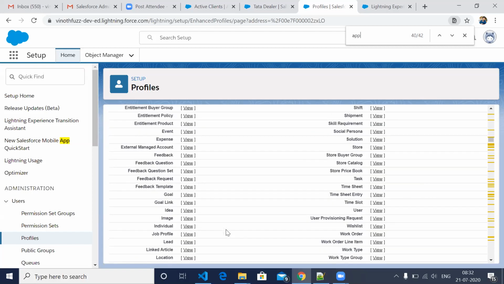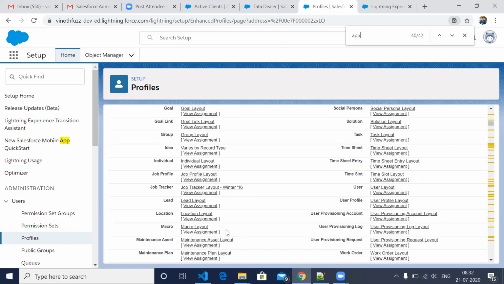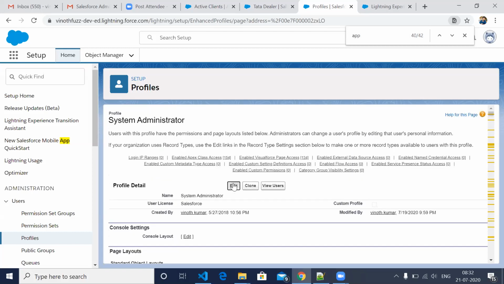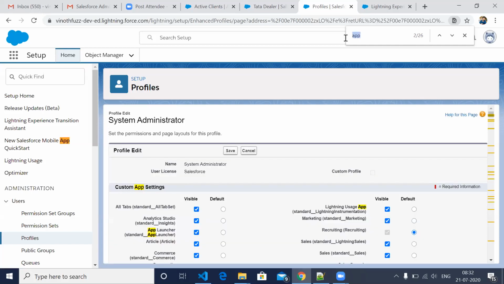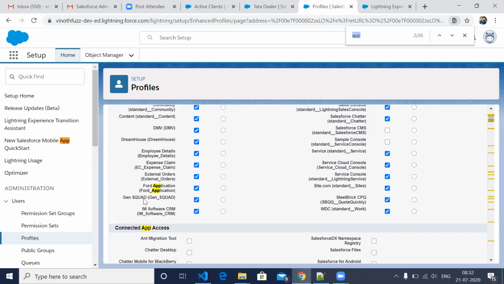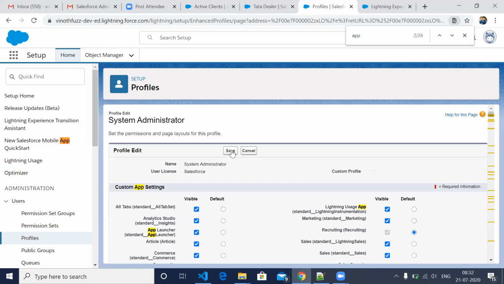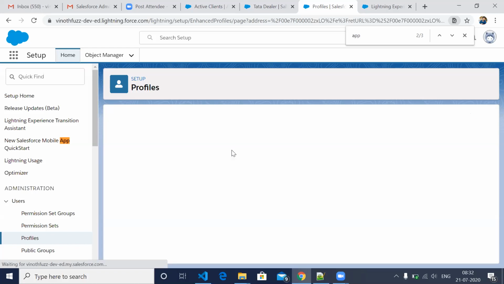So now I'm going to edit the customer. I'm removing the access for the Ford application. Just a minute, I'll connect my charger.